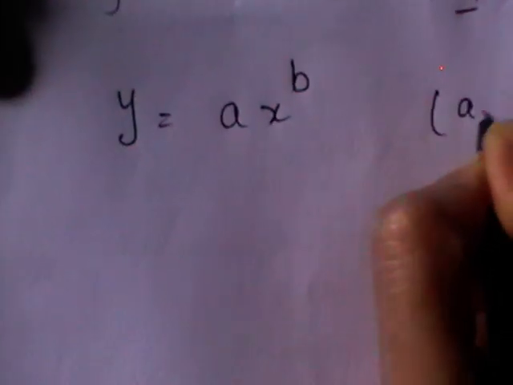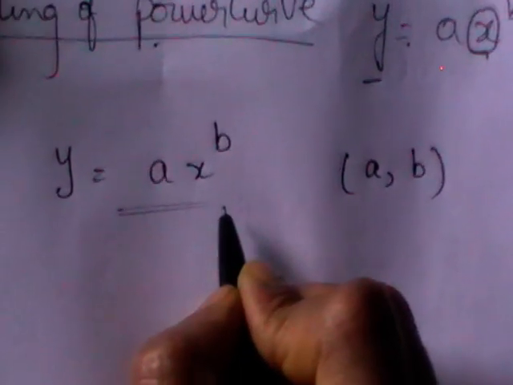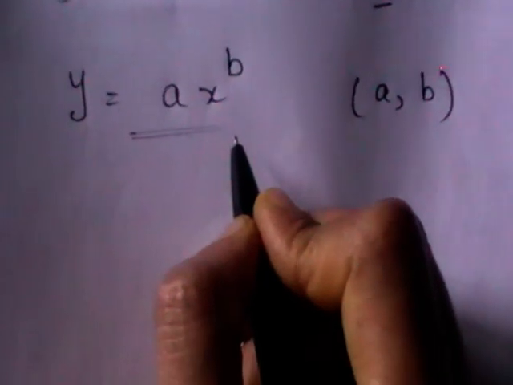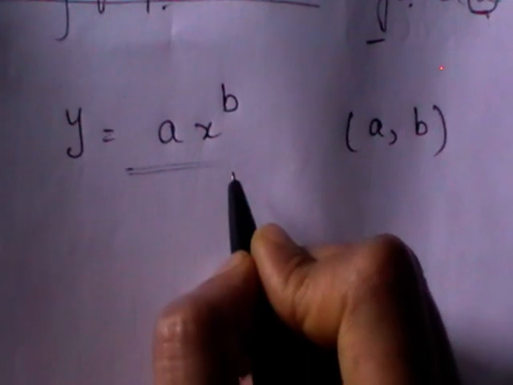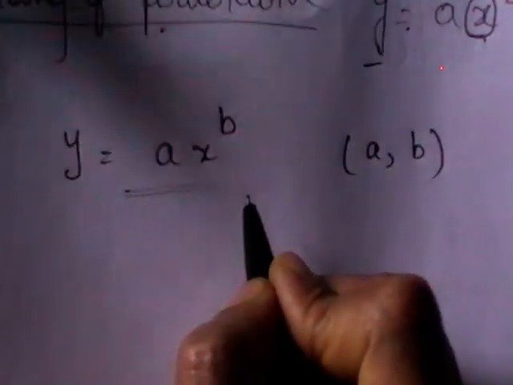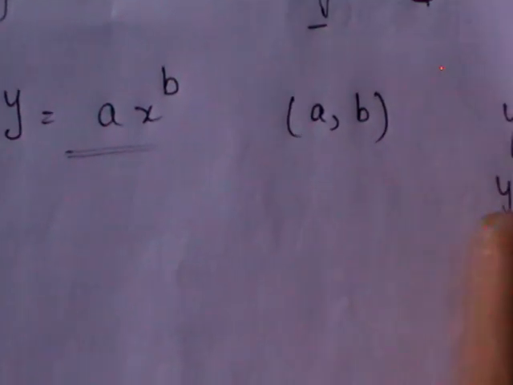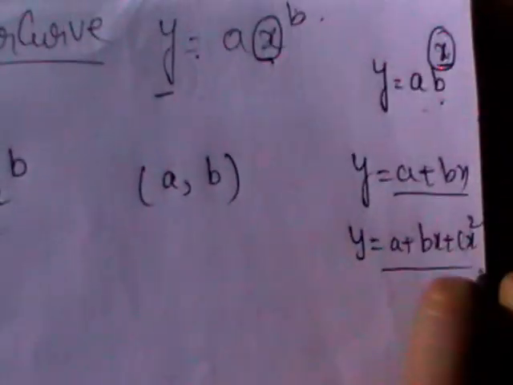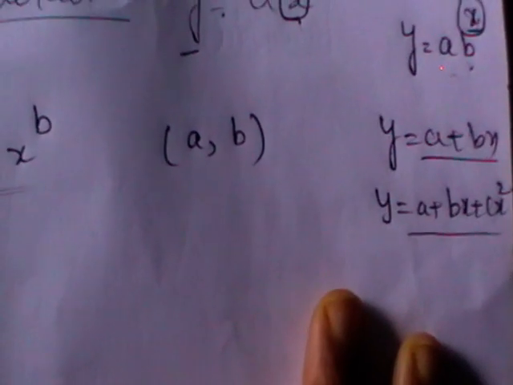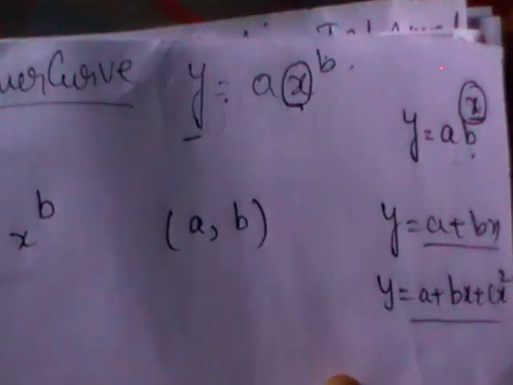Now what are the two constants here? a, b. So you are going to get two normal equations here. Is it a linear or non-linear form? What are the linear forms? Straight line and parabola, where we can apply the PLI directly: y is equal to a plus bx, y is equal to a plus bx plus cx square. For these first two curves, we have applied the principle of least squares directly. We got the corresponding normal equations. For the second set of curves, exponential and power curve, we cannot apply the PLI directly.